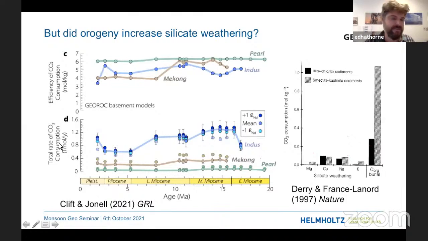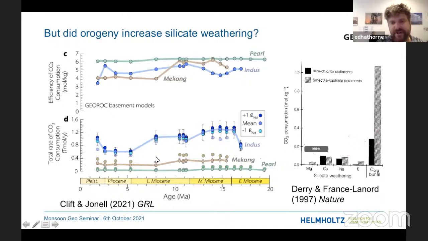make then estimates of the consumption of CO2 if you know the thickness of the sediments that have been weathered. And they have data for that for the Indus, Pearl, and Mekong, and they show here that basically there's some flat lines here across the last 20 million years. However, the Indus did display quite a bit of variability, and it was much higher. So there was higher silicate weathering CO2 consumption in the Indus catchment in the middle Miocene, and then that decreased